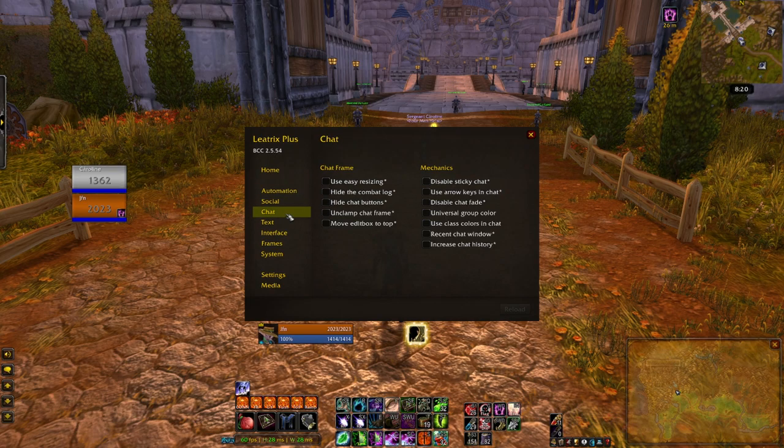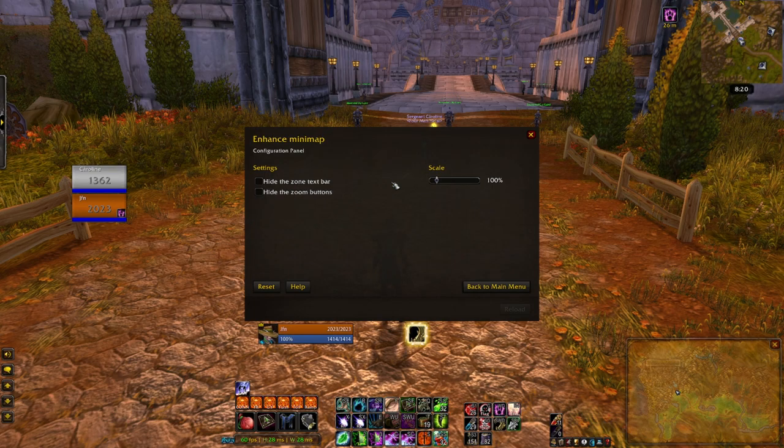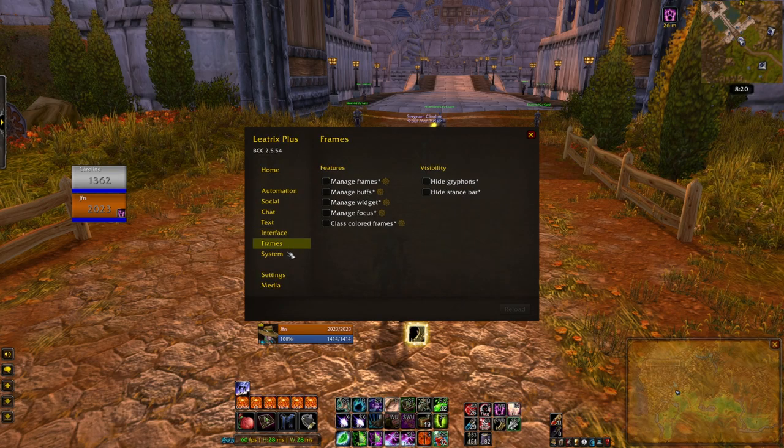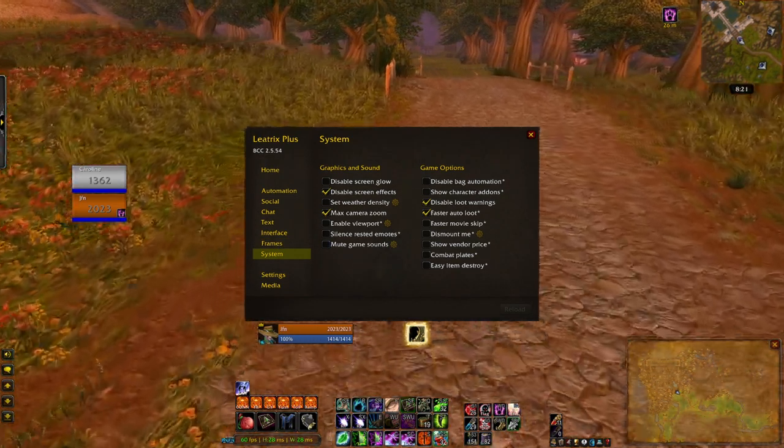Social, I don't have anything. Chat, these are all sort of just preference stuff. I have an enhanced minimap, but I don't exactly know what that's doing. I don't have the anything good spell one checked on. For auto looting for fishing, oh yeah, one that's just good for fishing: if you've ever had an issue where you've casted before you've accepted the rare fish,